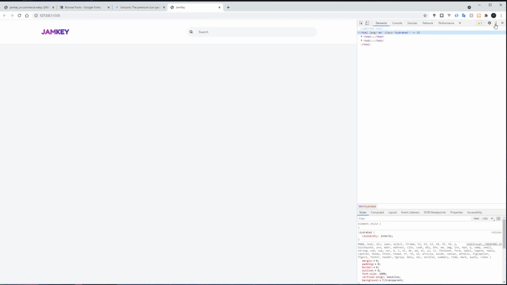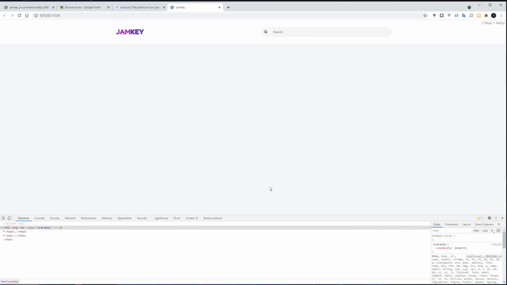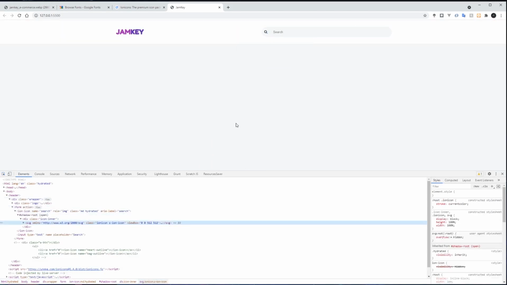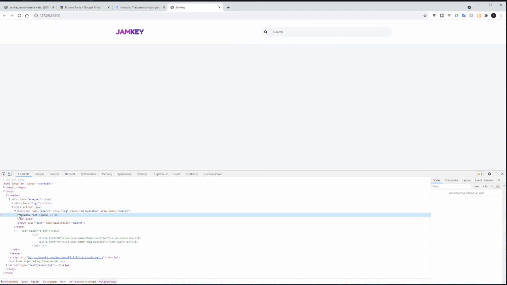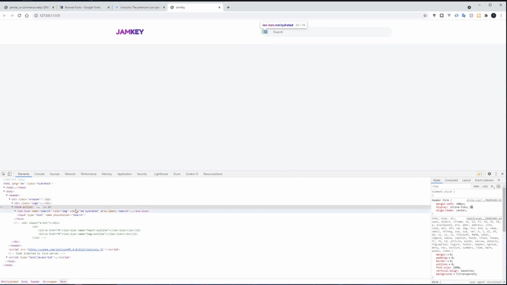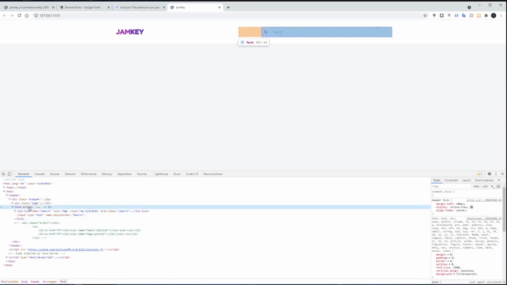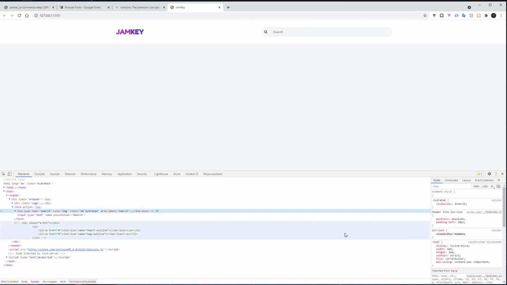I like to use my inspect element here to run the CSS first, so that I can gauge what I want, before I transfer it inside my original style sheet. So we target this icon and see the style here, right?